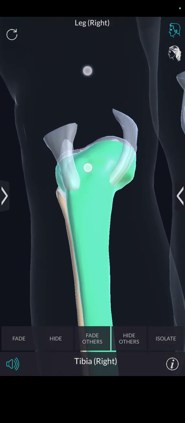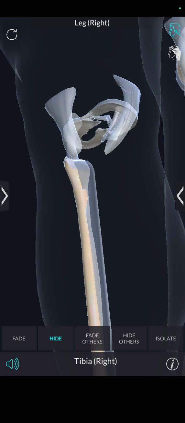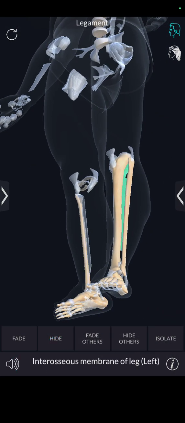The tibia, also known as the shin bone or shank bone, is the larger and stronger of the 2 bones in the leg below the knee in vertebrates, and